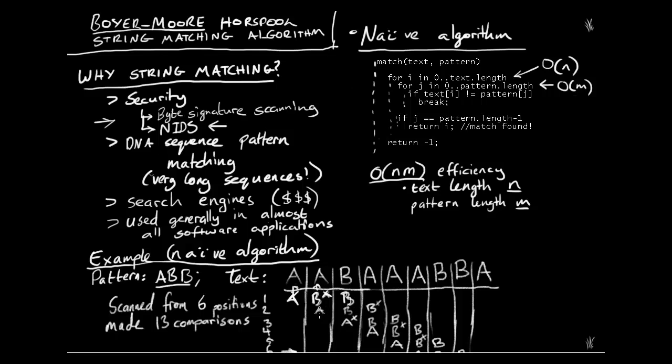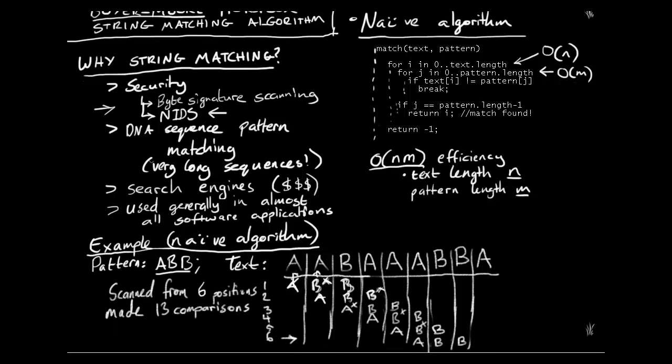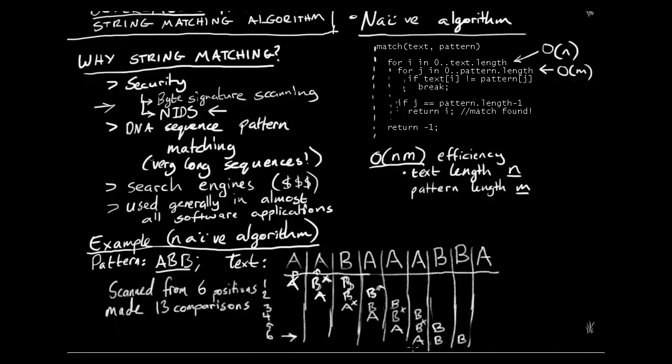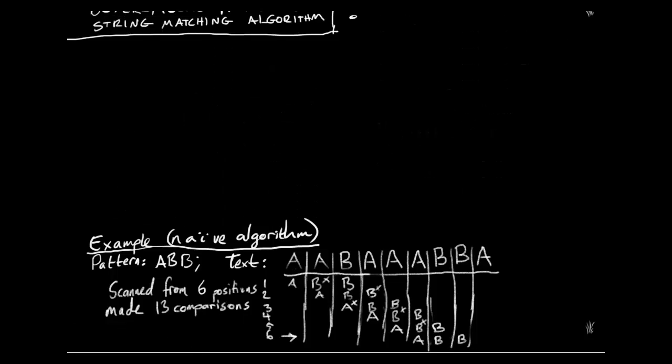So then you go ahead onto the next index, A, B, B, mismatch, and so on, comparing your characters left to right along the text until you reach your pattern. And this particular example has made 13 comparisons between the text and the pattern,